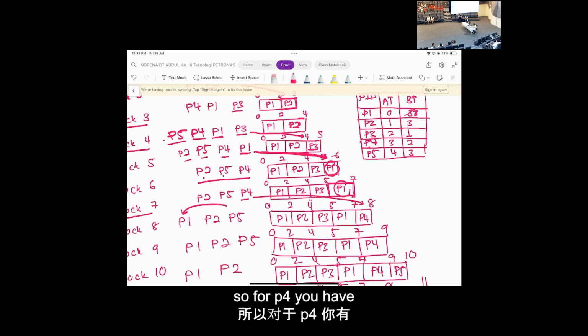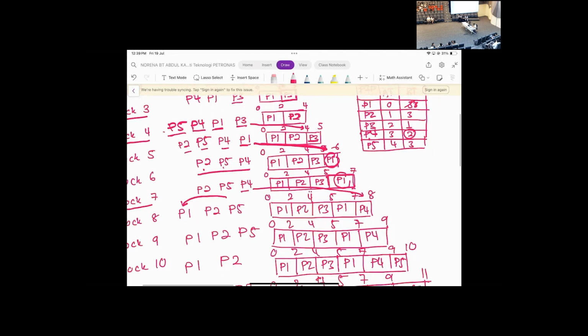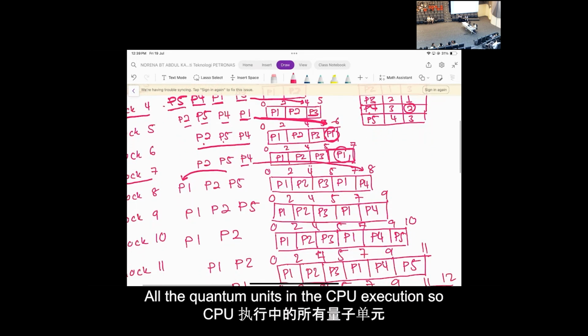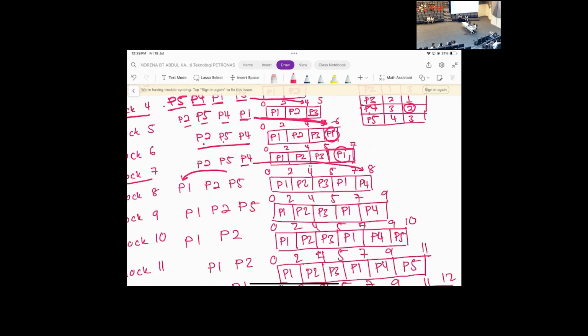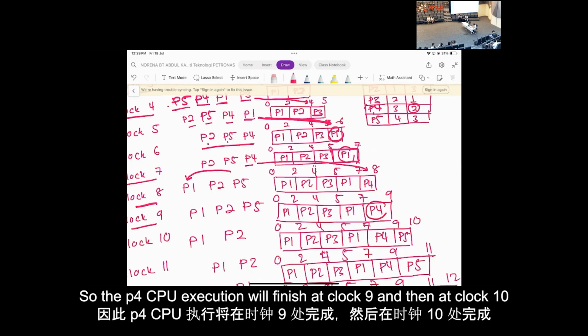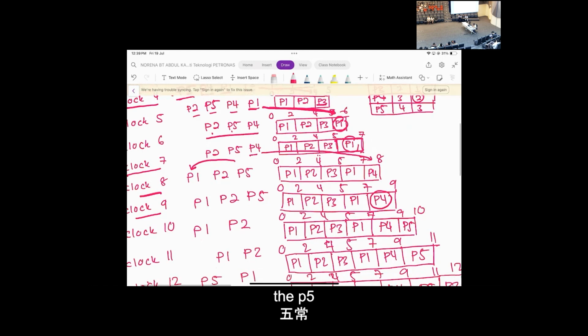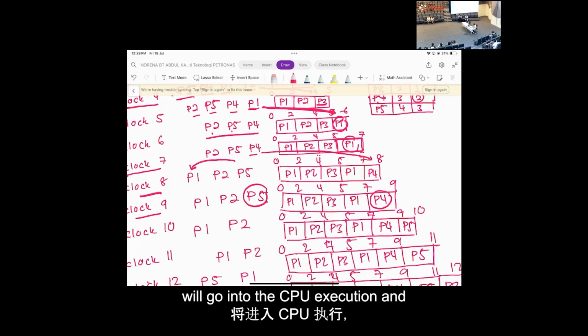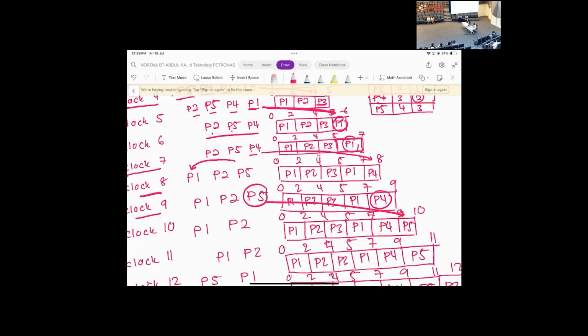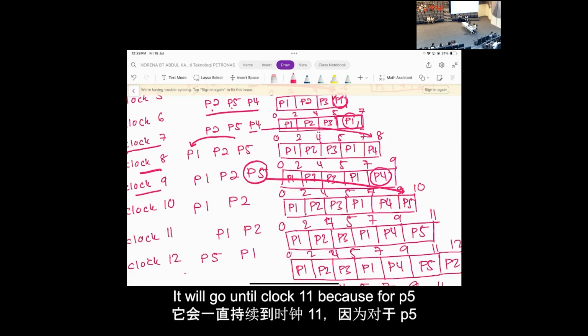So for P4, you have 2 units, so it will use all the quantum units in the CPU execution. So there you go, at clock 8 and clock 9, it will finish at clock 9. So the P4 CPU execution will finish at clock 9. And then at clock 10, the P5 will go into the CPU execution, and then it will go until clock 11, because for P5,